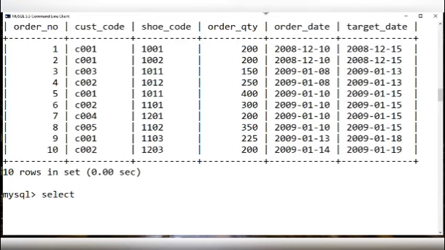So select cust code, comma, sum order quantity, where order quantity is the name of the column, from orders group by cust code.